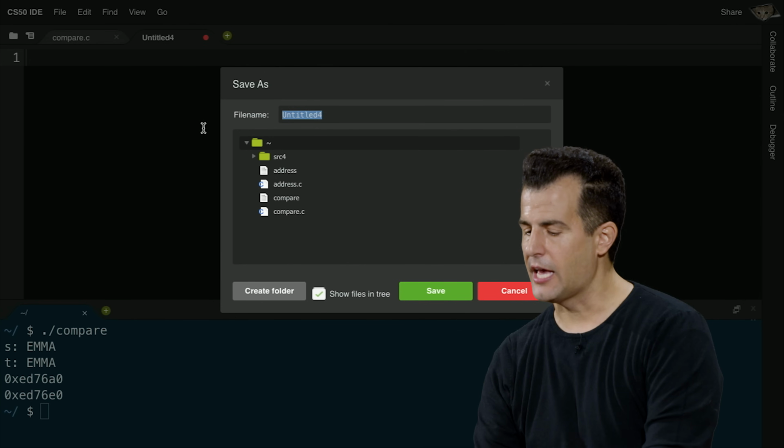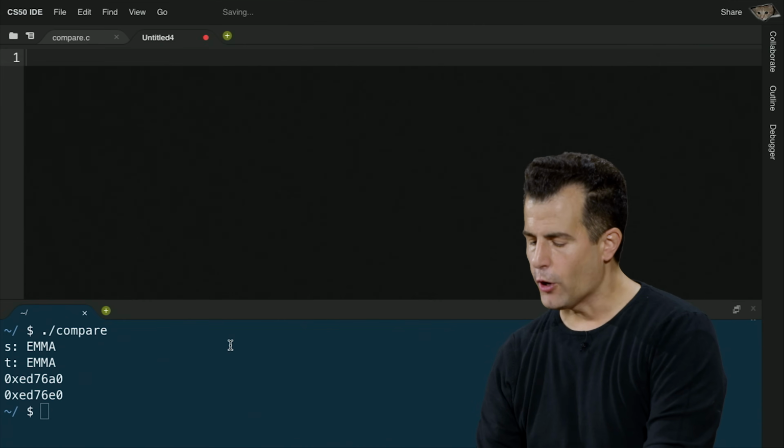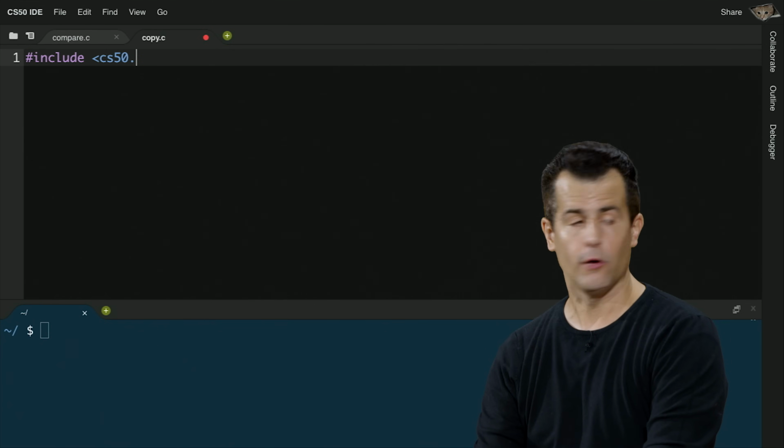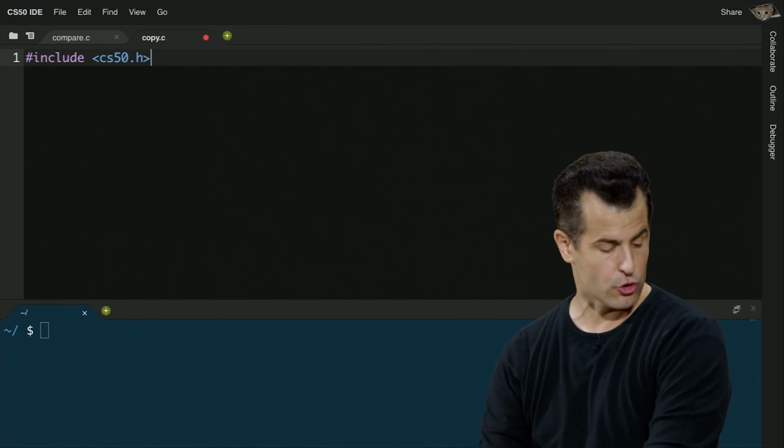Let's do one other example here. Let me go ahead and save this as copy.c. And let's try a very reasonable goal. If I want to go ahead and get the user's input and actually copy a string and capitalize the string from the user. Let's see this. So let me go ahead and give myself the temporary training wheels again, just so I can get a string from the human.